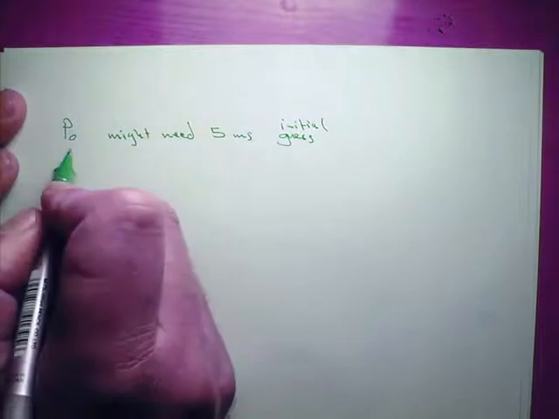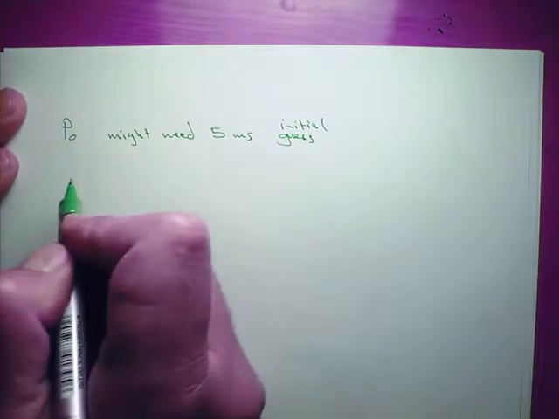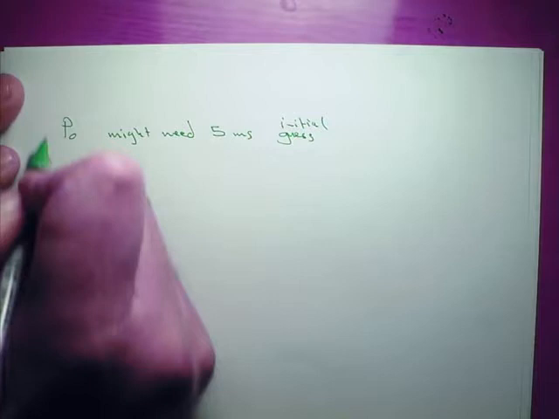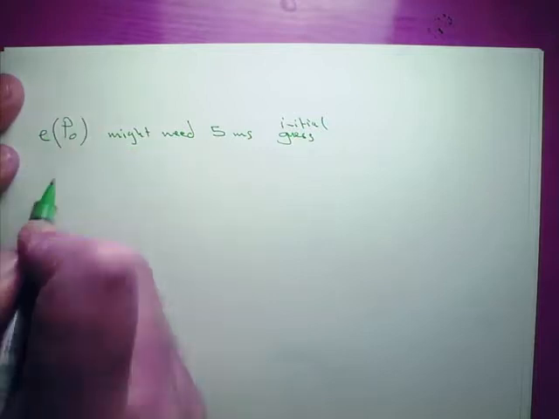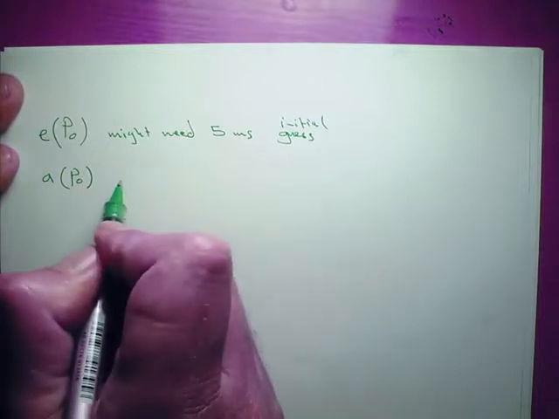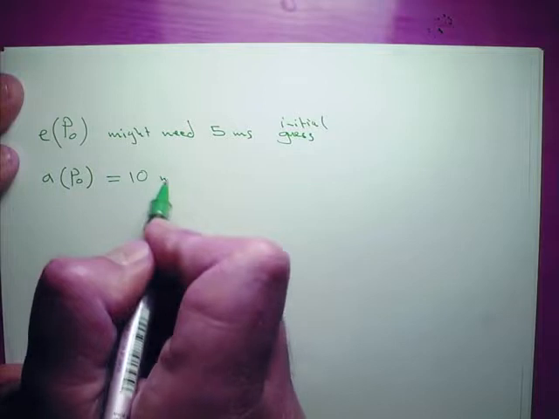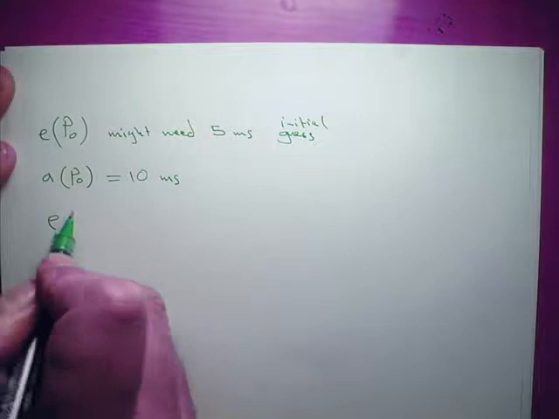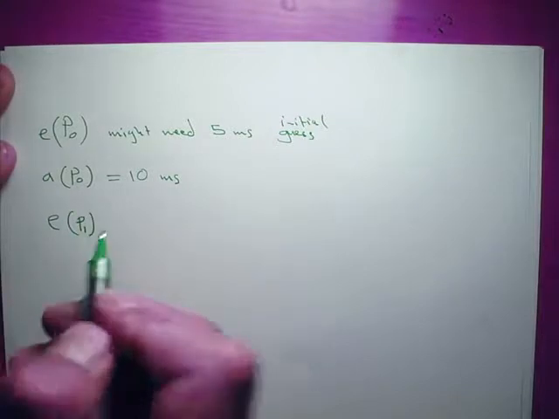Then when P0 actually ran and finished, we found that the actual time of P0 was not the estimated 5. It was 10, for example. So we had a wrong expectation for the very first one, okay? Now, we can improve our expectation for the next process because we have a history now, right? So we can say the expectation of P1, which is in this case the next process,